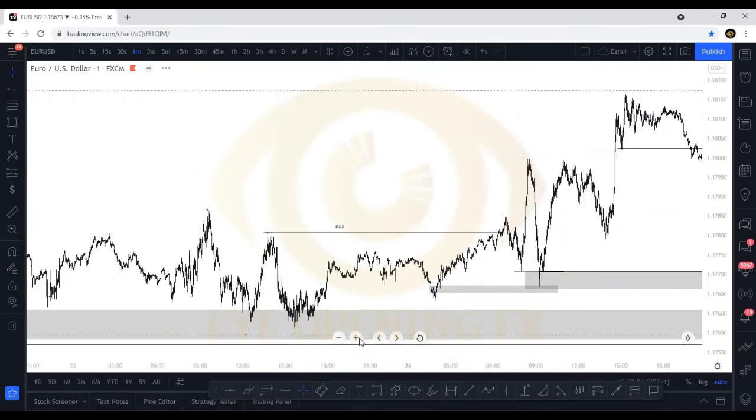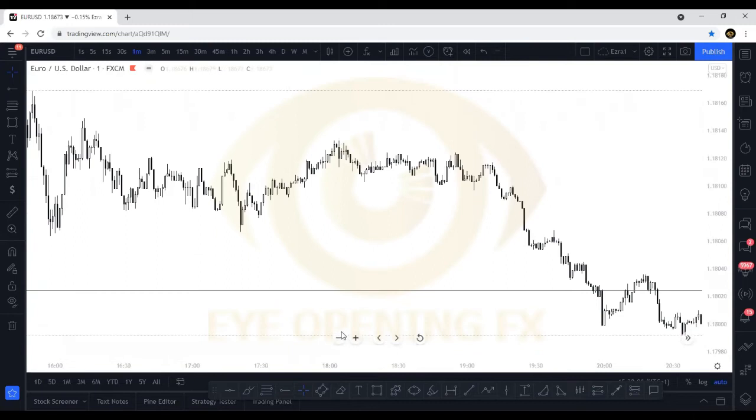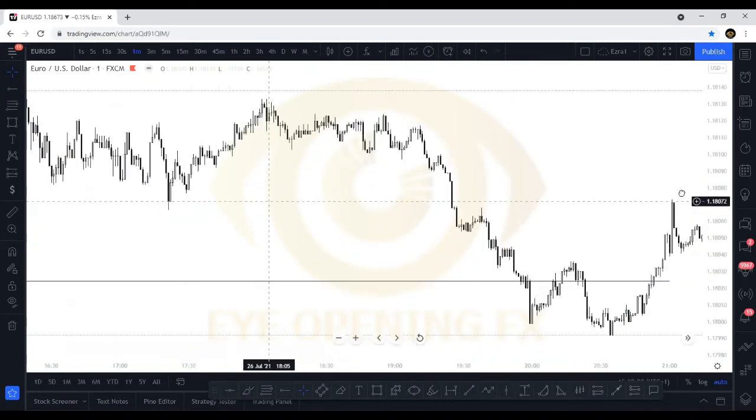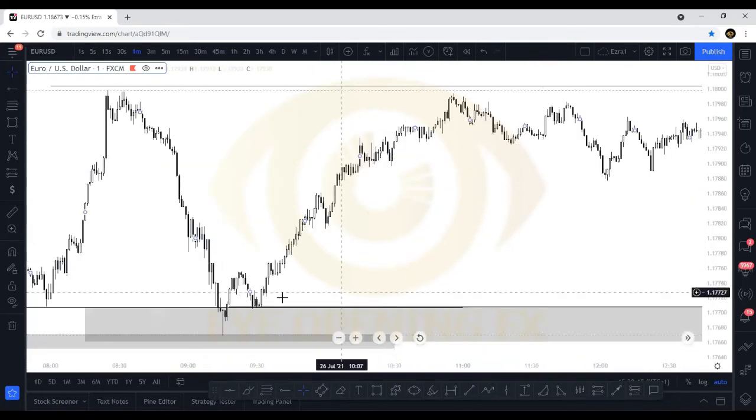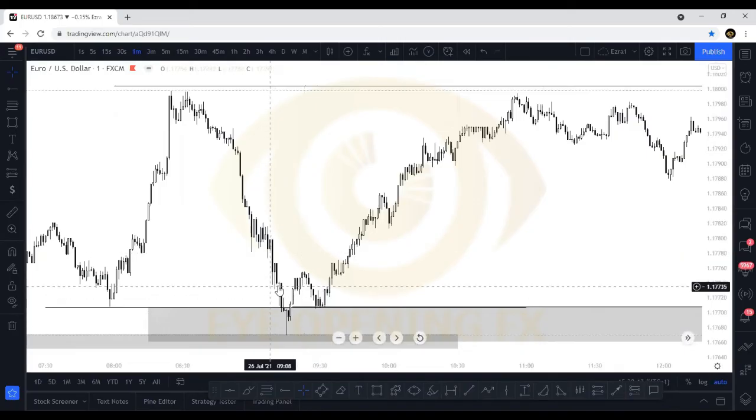Okay, on this M1, so on this M1 here, market creates a lower low, lower high, lower low, higher high, lower low, lower high, lower low, a higher high. So that means market gave us this area as